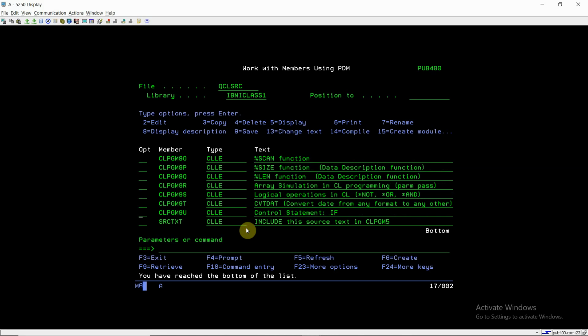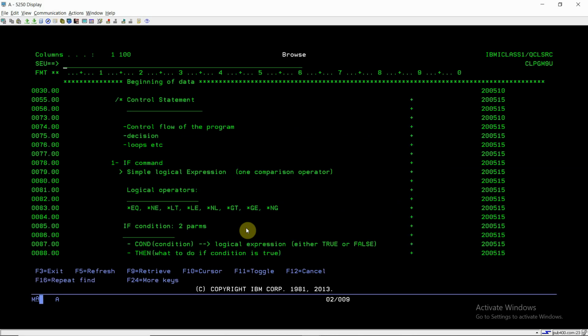I have written a very basic program here, and I have collected some notes on this. Control statements are basically those statements which control the flow of the program. We can control the flow and make decisions, and based on those decisions we can execute some of our logic or not.